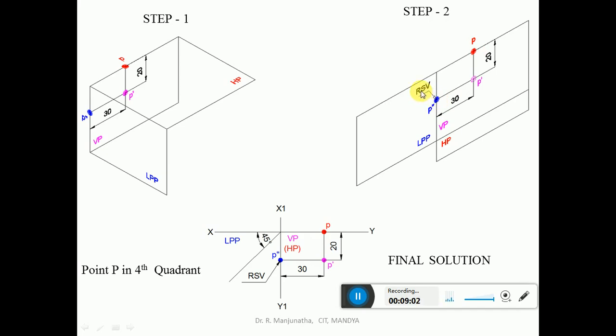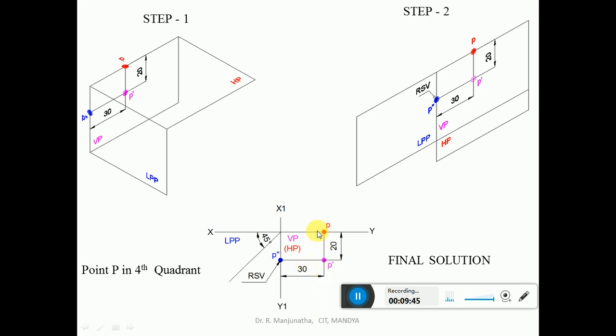Now we are going to draw the problem by using the sketchbook. First we draw the XY line and X1Y1 line and mark XY and X1Y1. Since we are solving the problem considering the fourth quadrant, VP is written on the right side below the XY line, and HP also. HP is the one which is rotated, because both HP and VP will be overlapping in the fourth quadrant, and LPP will be adjacent to VP. Now the distance with respect to the profile view, that is, behind or in front of LPP, is seen in both HP and VP. So from the X1Y1 line we measure 30 mm and draw a vertical projector.